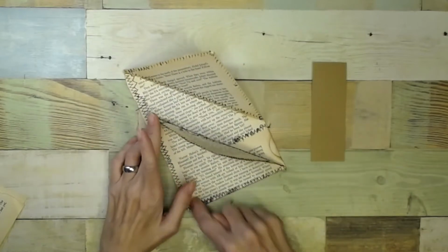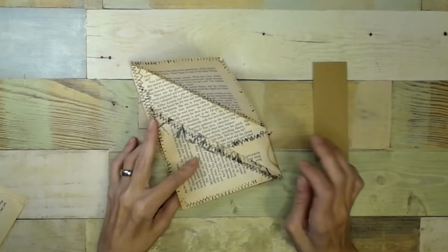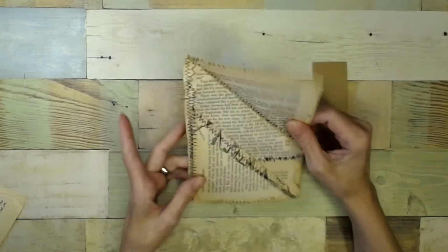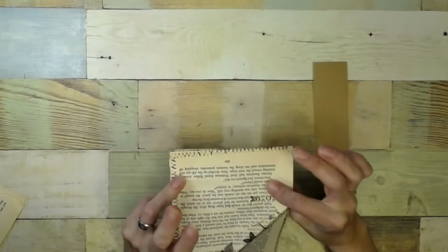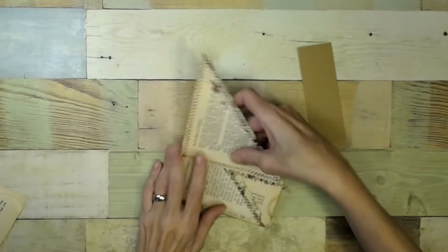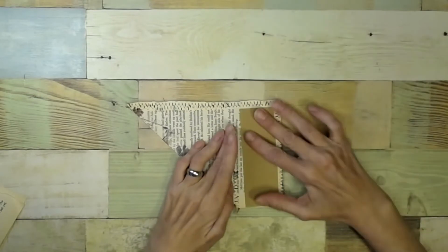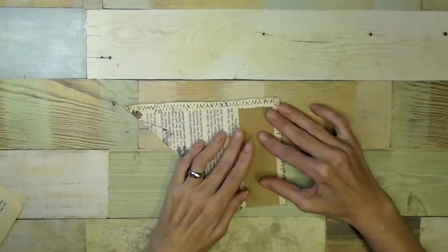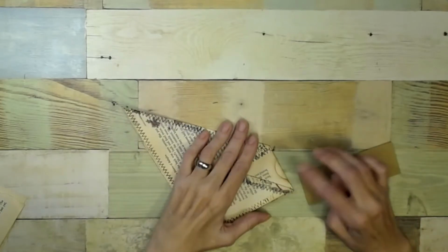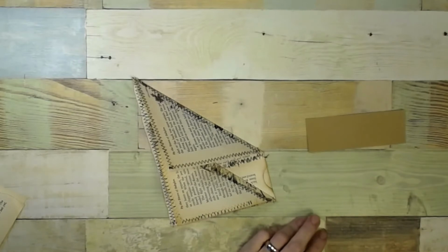So just remember, if you want to sew that first, and then you can fold this up, sew around it then. But you can sew them individually first and then put them together. What I do notice when I created the other ones is back here, this pocket, and especially this edge, is fairly weak. So what you can do is,